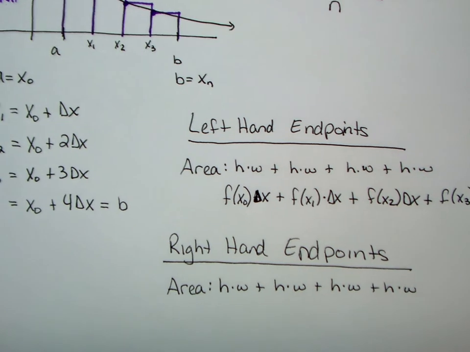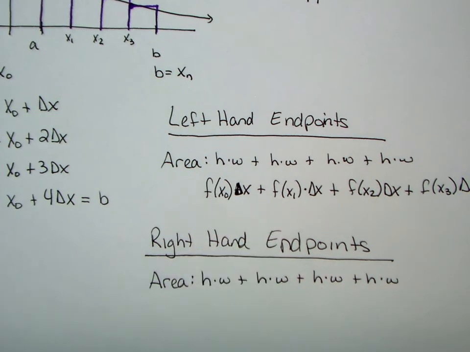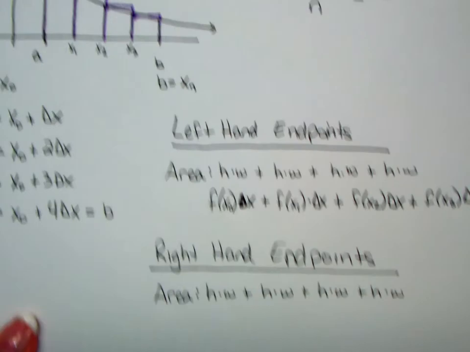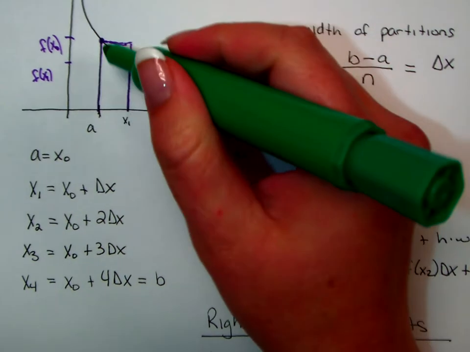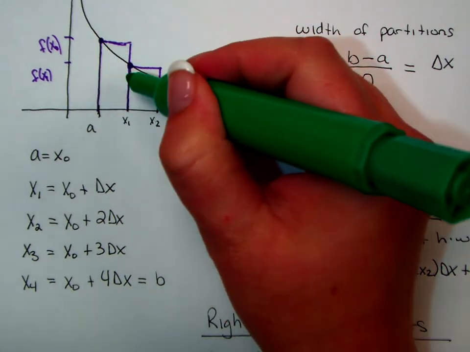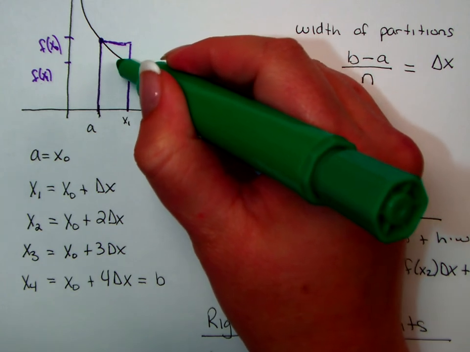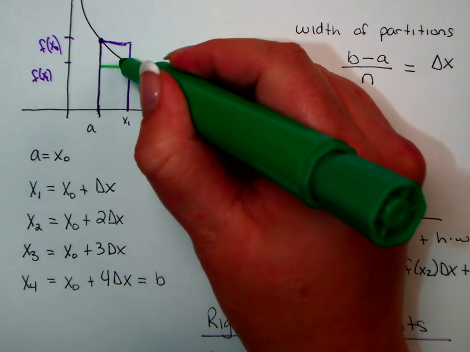But we're going to calculate the height based on the right-hand endpoint, right? So I'm going to use green here. So the first rectangle here, the height is not going to be what it's doing on the left, but what it's doing on the right. So the height is going to be on the right-hand side and down,